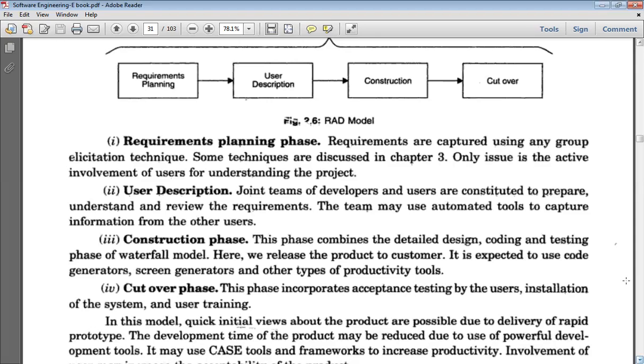Now, the construction phase. This phase combines the detailed design, coding, and testing phase of the waterfall model. Here, we release the product to the customer. It is expected to use code generator, screen generator, and other types of productivity tools. In the construction phase, there is a difference in this model in comparison to other models: we use some special types of productivity tools which generate automated code, like code generator, screen generator,